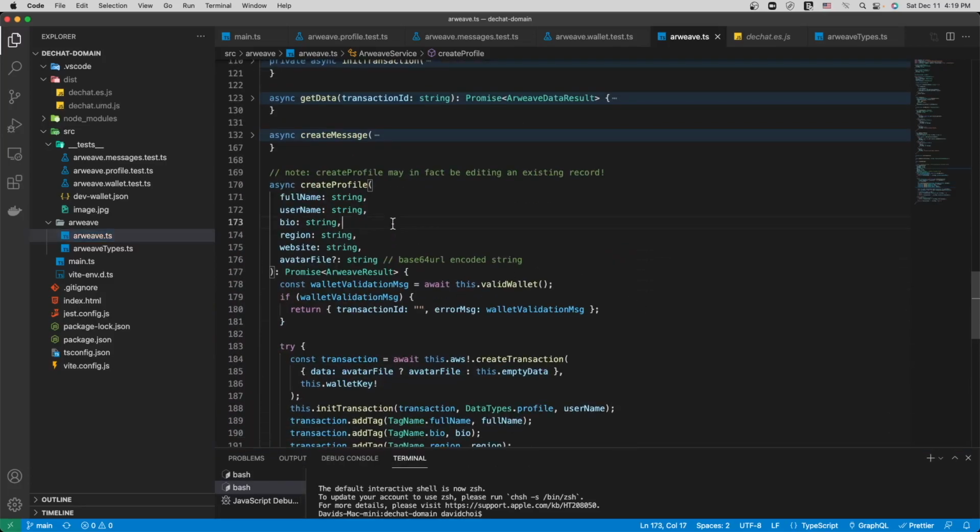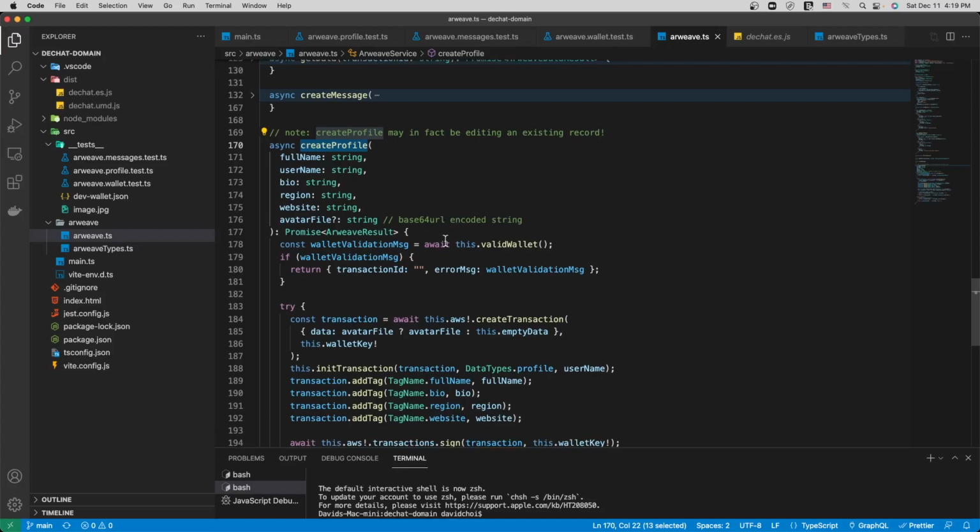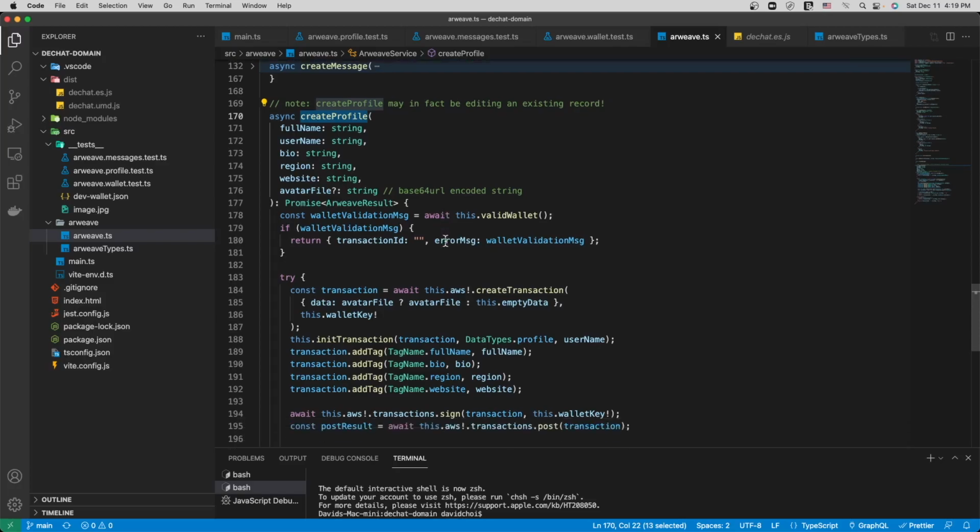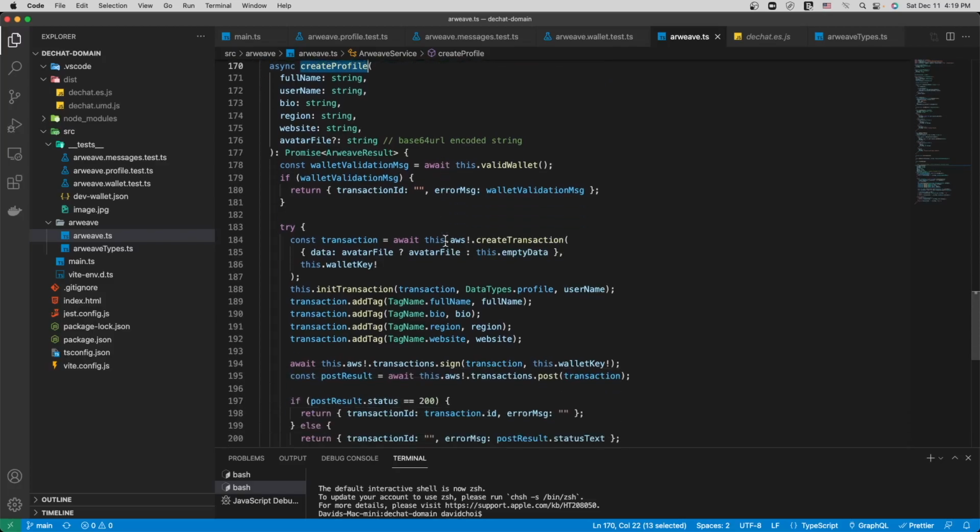here I have a function to create a profile. This is what I'm using in the backend because I'm using SwiftUI to JavaScript interop. And again, I'll get into more detail later about that. But basically, this is the function that I call to create a brand new user profile.